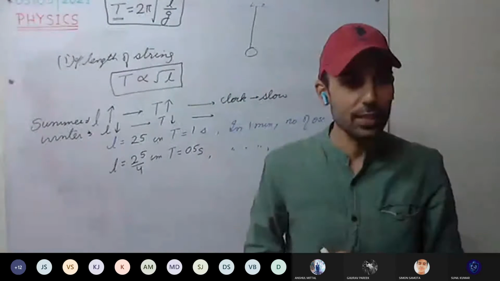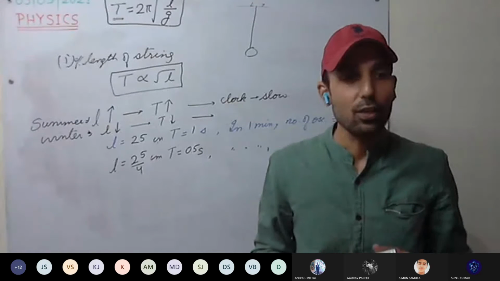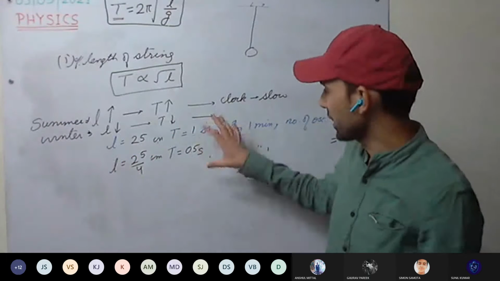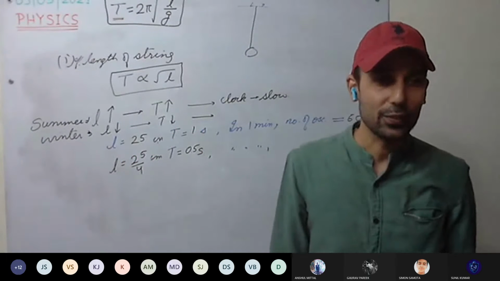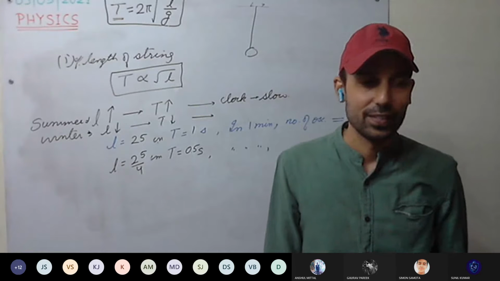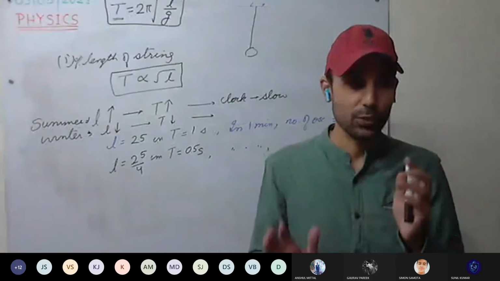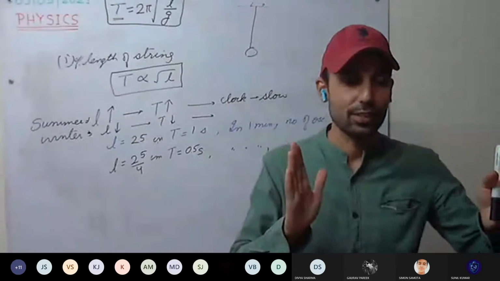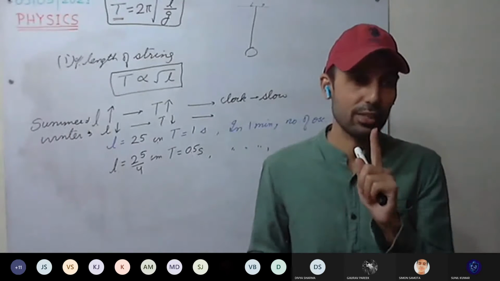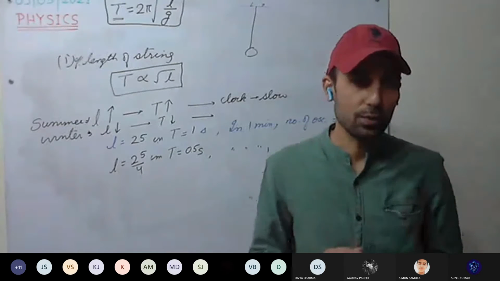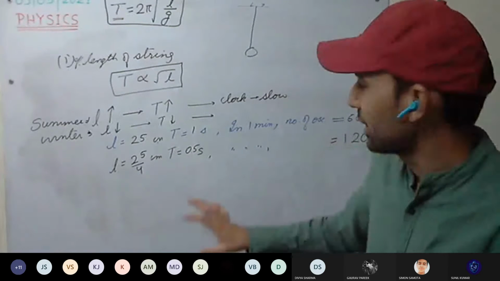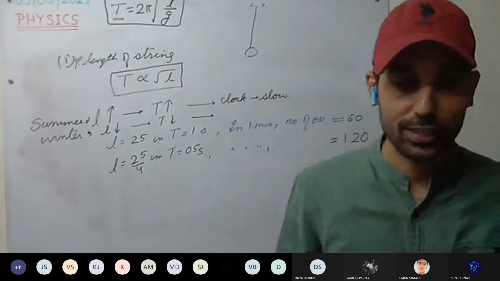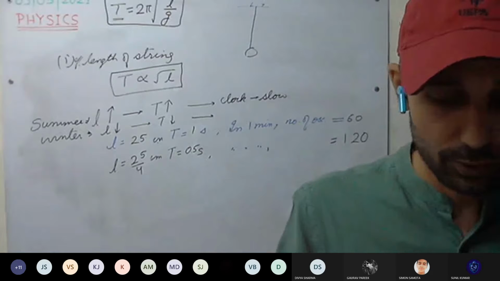Whereas in summer, just reverse happens. When 2 hours pass, it will show that 1 hour has passed, if you take the same example. In summer, in reality 2 hours passed, but the clock will show that only 1 hour has passed. So it has become slow. Okay, this is just for example. In reality, such large differences don't take place.